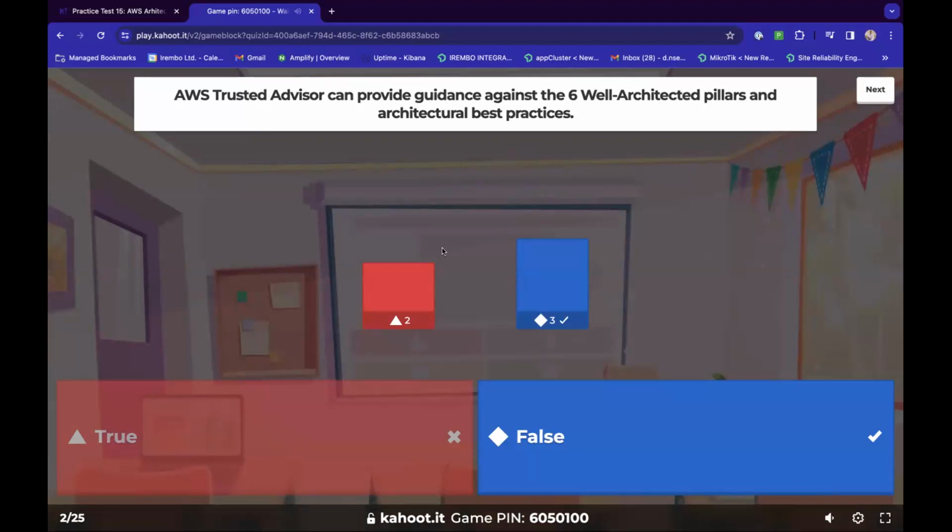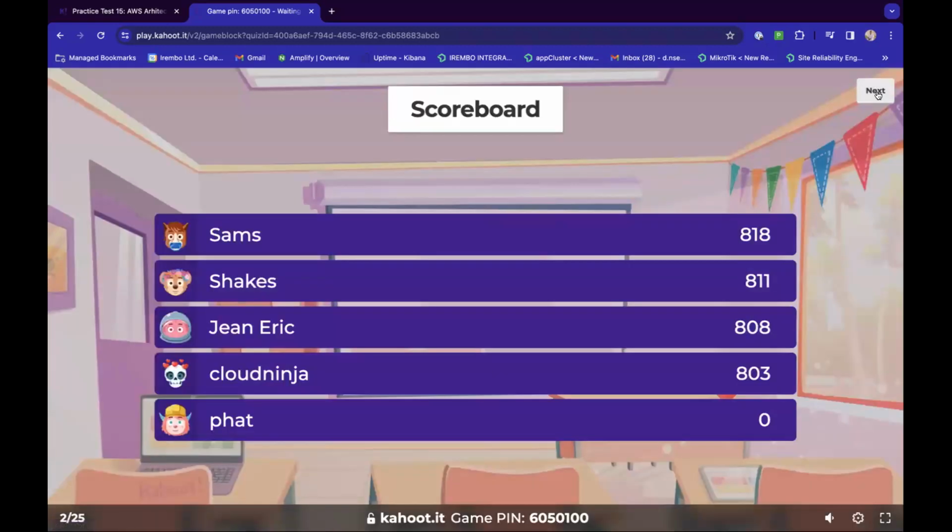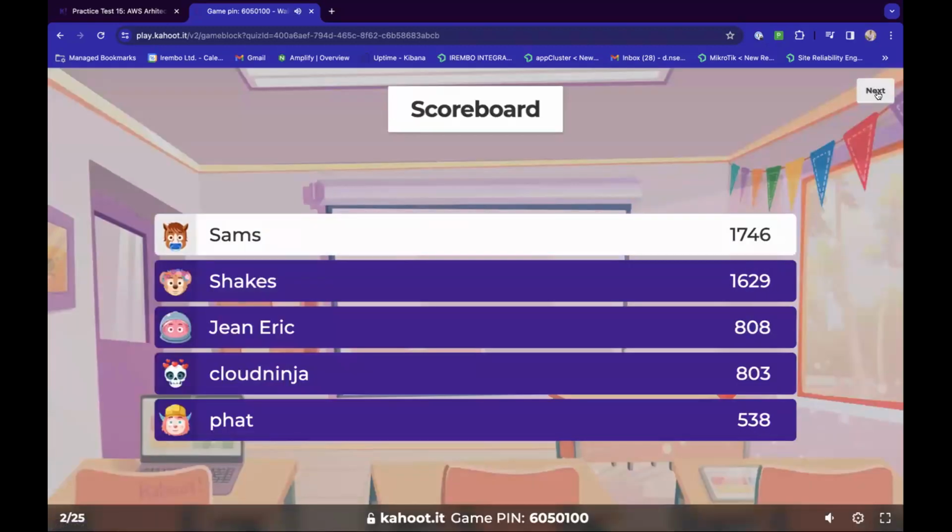So the answer is false. Okay, so this refers to guidance, the guidance part in the well-architected pillars. Yeah, let's proceed with the next one.